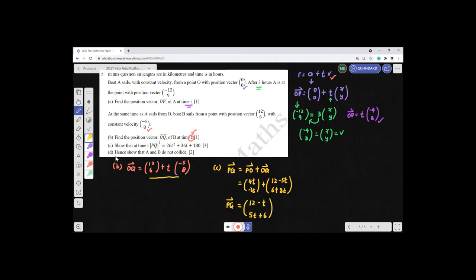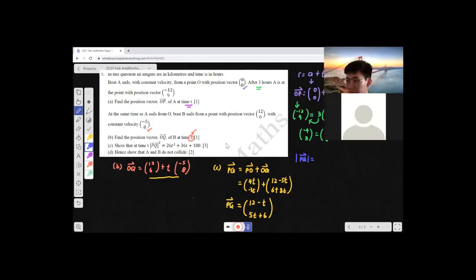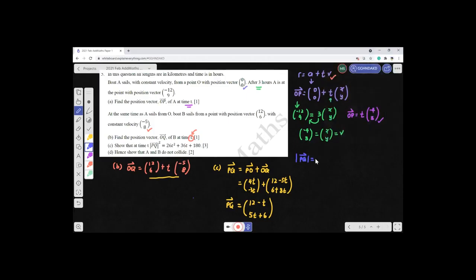All right. So I want to ask anyone, how do you do magnitude? Anyone? What should I do if I want to find the magnitude of PQ? What is the formula? What is magnitude? Square root of the vector, right? The magnitude means the distance. So square root of 12 minus t squared, and this part also, 5t plus 6 squared. But then if you look at the question,